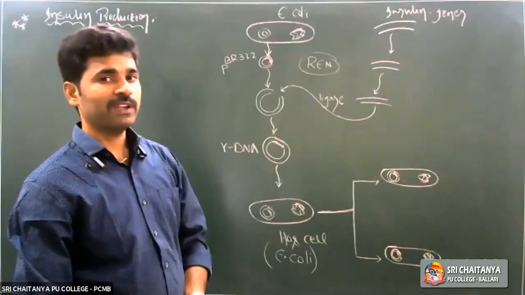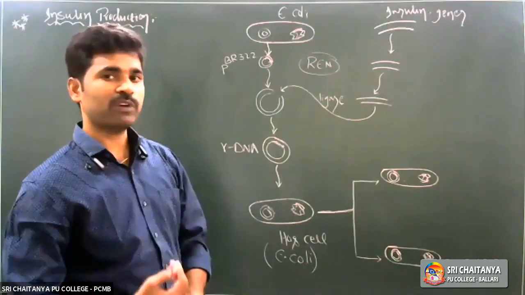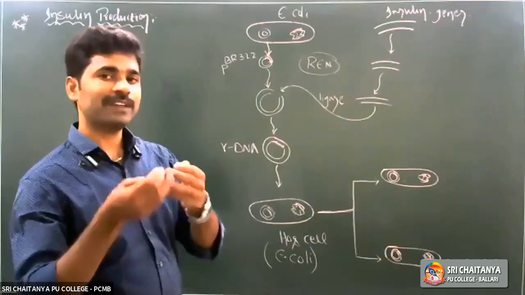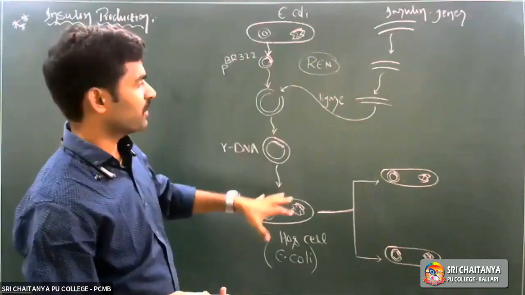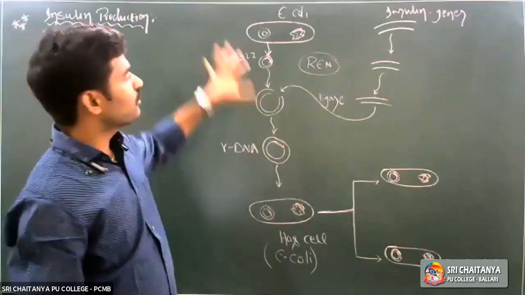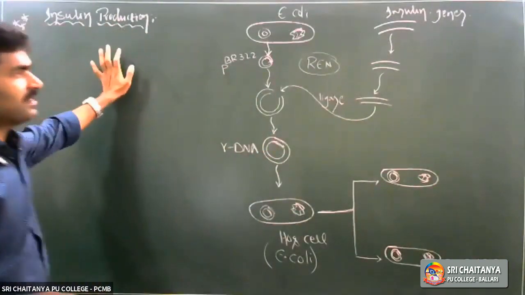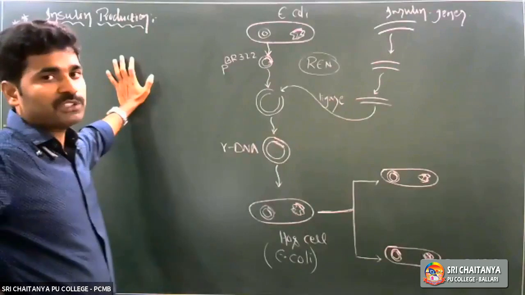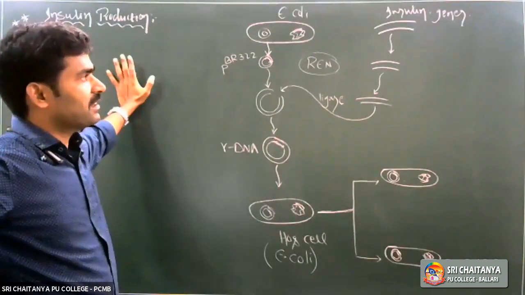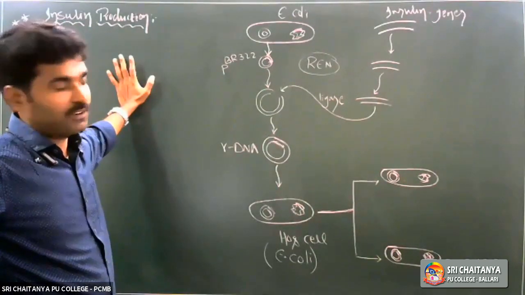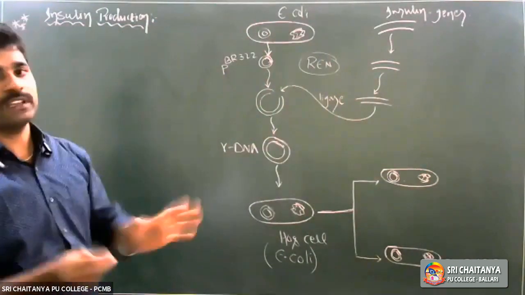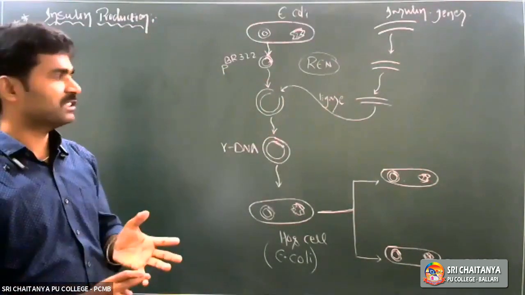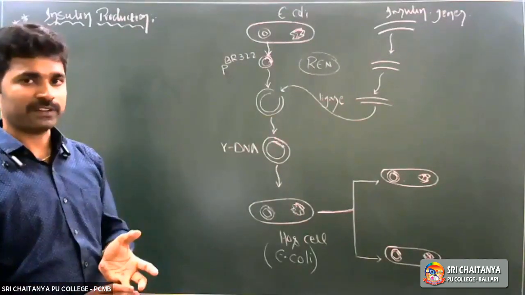In this way, the desirable or required protein, or desirable product, whether it is antibiotics, vaccines, proteins, or enzymes, we isolate from the bacterial cells. We produce a large quantity by using bacterial cells in rDNA technology. In this way, a large quantity of insulin can easily be produced by using genetic engineering technology or biotechnology.